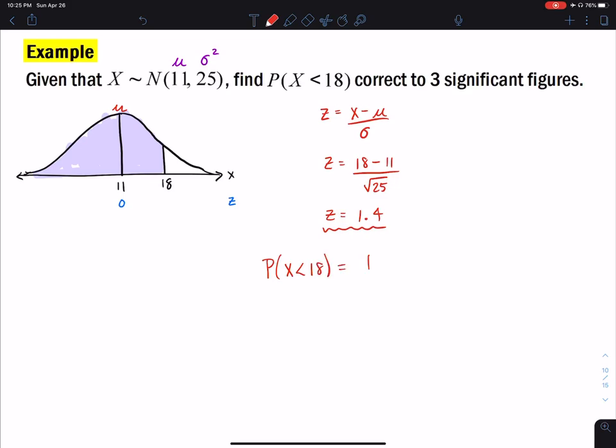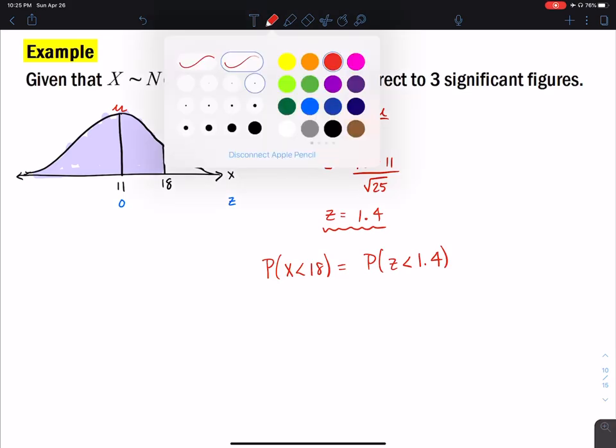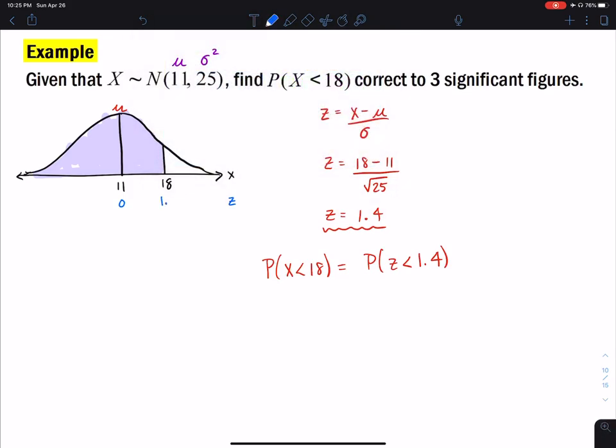We can then write this. You're going to see this in my worked out solutions for my homework. I always rewrite this using the z-score probability, because they're the exact same thing, and that's why on this picture, I put the z-scores directly under the values that they have. So even under this 18 right here, I'm going to write 1.4 just to show you guys that those are the exact same piece. We're just standardizing it, meaning we're just giving it a different name so that it's easier for us to use. And so that value, like we just found in the table, we said was